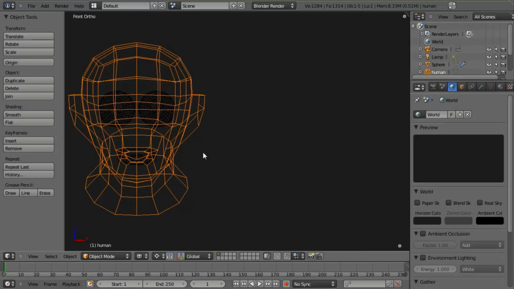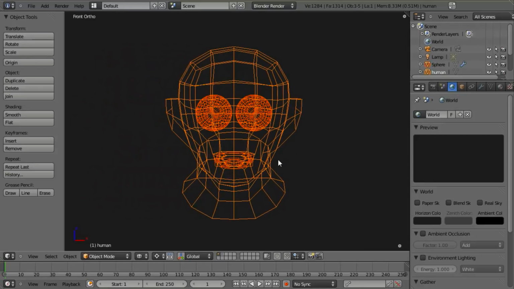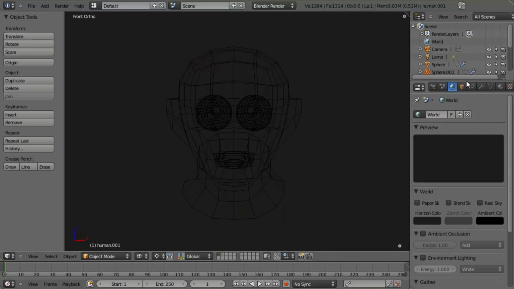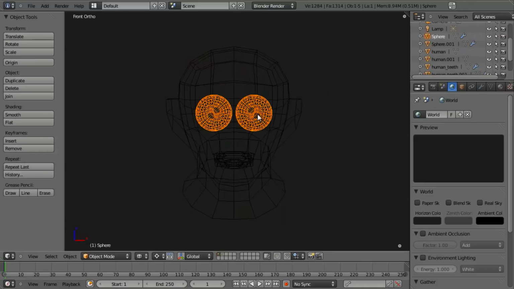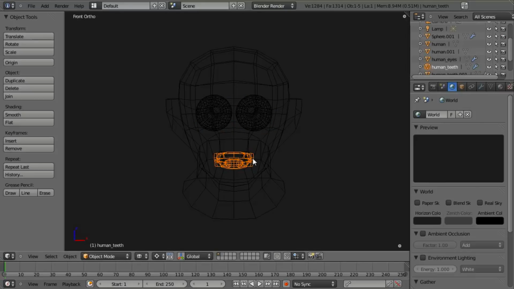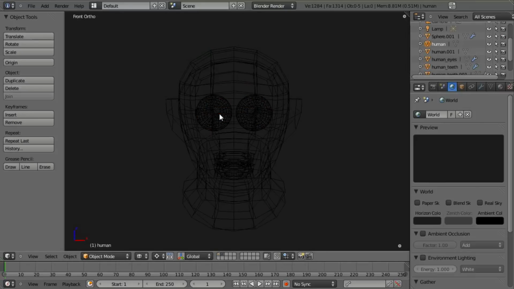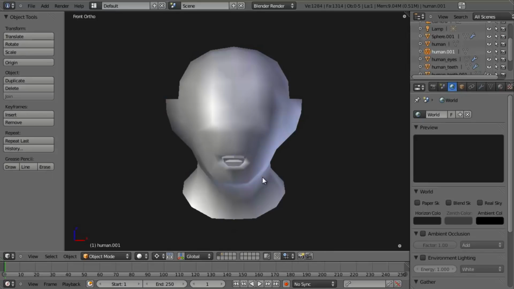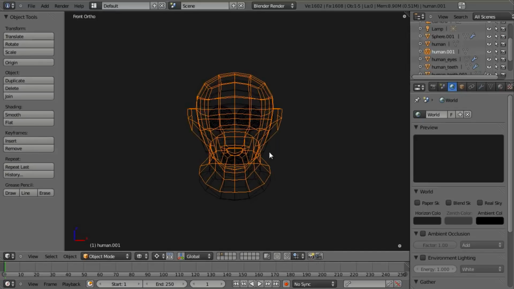Although before we do that, I want to do one more thing, and that is just select everything, hit Shift-D, right-click, and then M, and move this to layer 2. Now on these, let's go ahead and make sure we name each one of these objects. I'm just going to name this human_eyes. This should be human_teeth, head, and then we'll name this one here on layer 2, which actually I have an